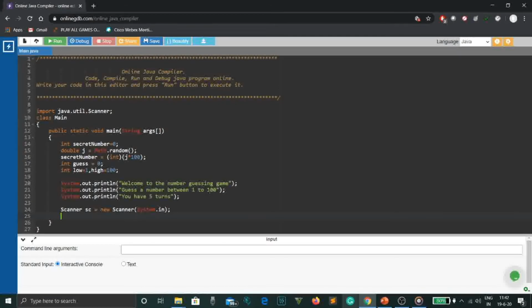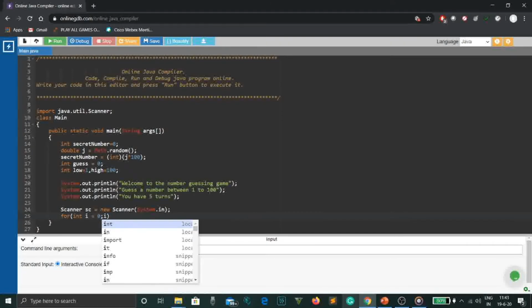As discussed by Murtaza, for loop is used to run a program in a loop or iterate a loop. So we take int i = 0 because we want to start from 0. You can always start from 1, but we're starting from 0. Then we put a semicolon and keep a condition of i < 5 because we want to run it for 5 times.